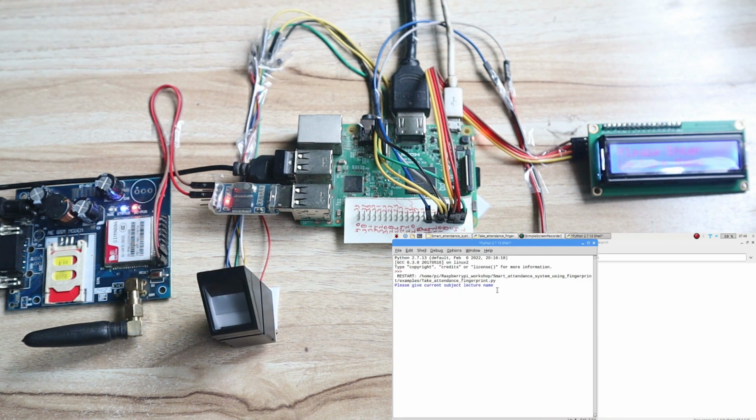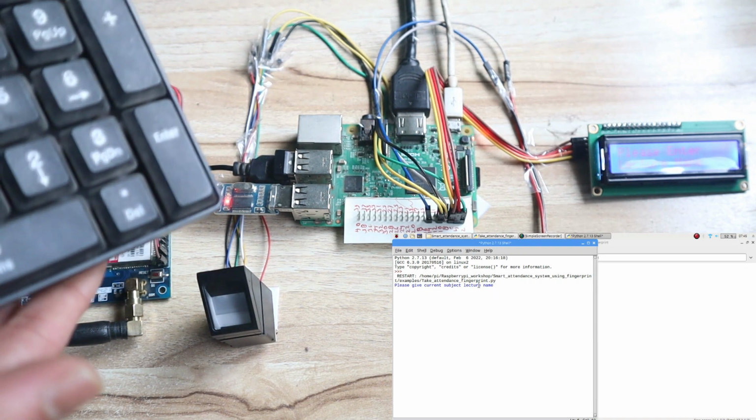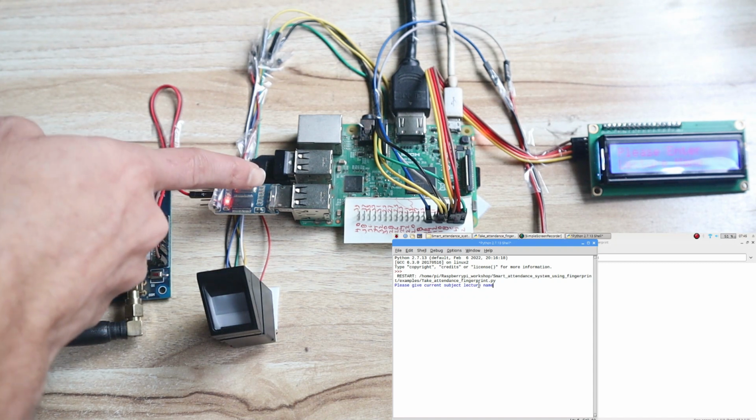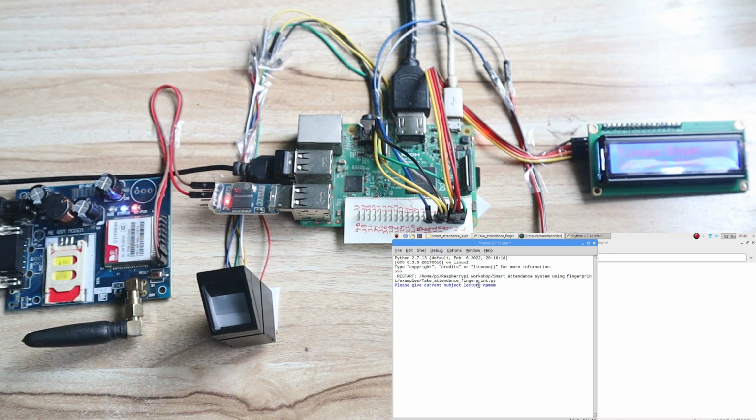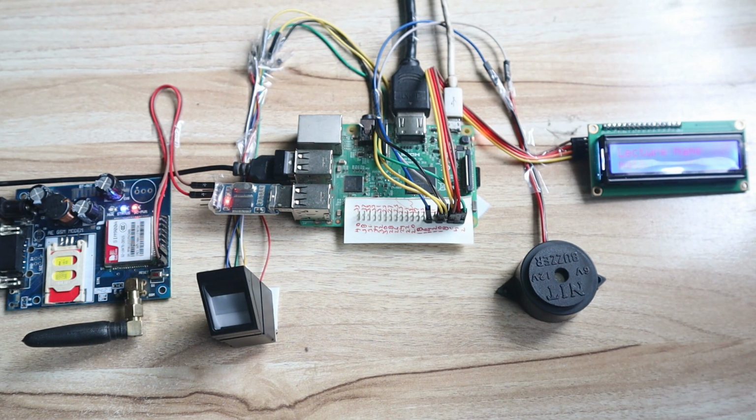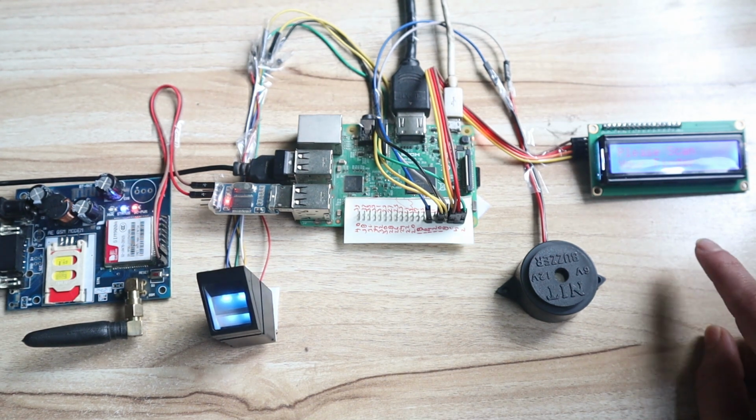So you can see on the Raspberry Pi screen it is showing, please give the current subject lecture name. So I will enter the subject lecture name. You can see this is the keyboard I have attached to my Raspberry Pi on the USB side. So I will type math here and then press enter. Once I type math and press enter, you can see it shows the lecture name, and